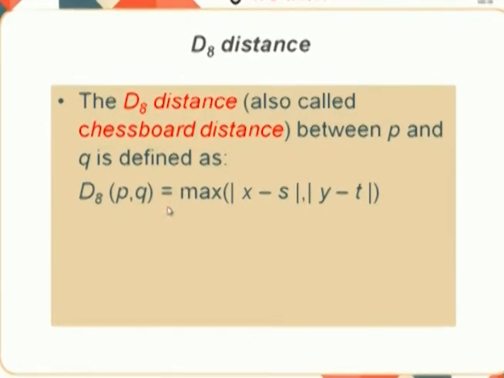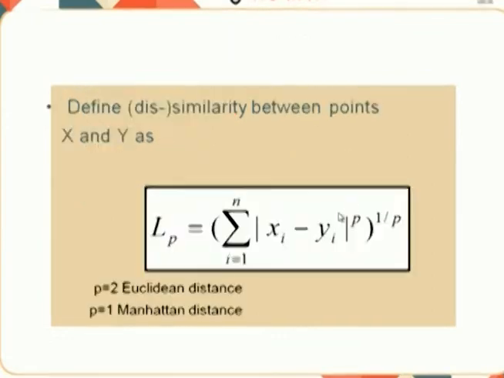D8 of P comma Q is going to be the maximum of x minus s and y minus t. In other words, we are reducing the complexity of computing distance even more by taking the maximum of x minus s and y minus t. We can generalize all these formulas as the Minkowski distance, and the Minkowski distance can be given like this. So, this is the generalization of the previous formulas which we have studied,